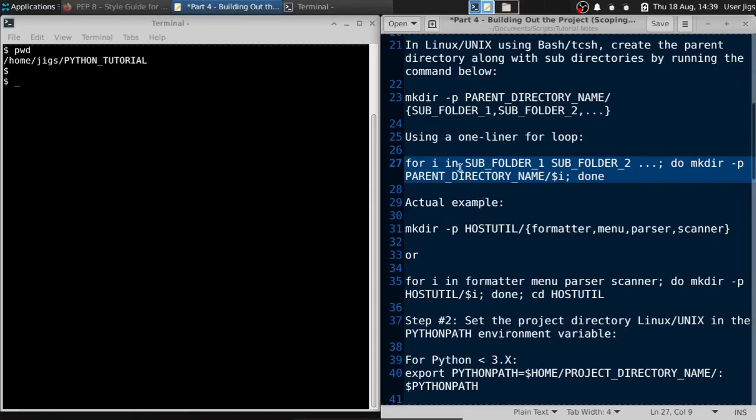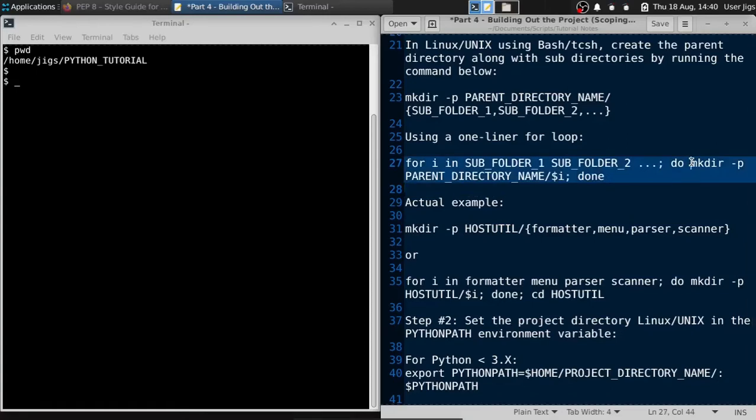Okay, and then right here followed by the in keyword, basically saying there is a list. Okay, and within that list there's different elements or items that our for loop will have to iterate through. Iterate means to go through one at a time. Okay, it's just a cycle. Okay, so after that, this is followed by our do clause, which tells the shell to run the command within